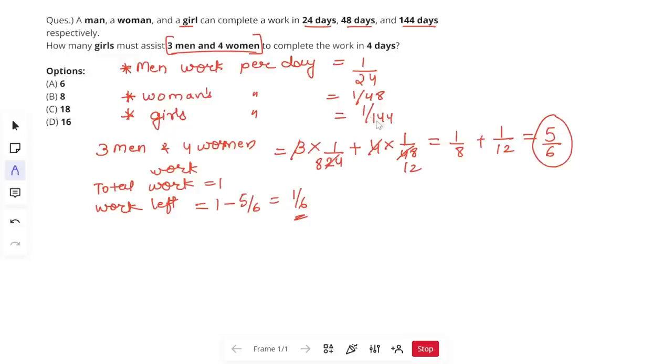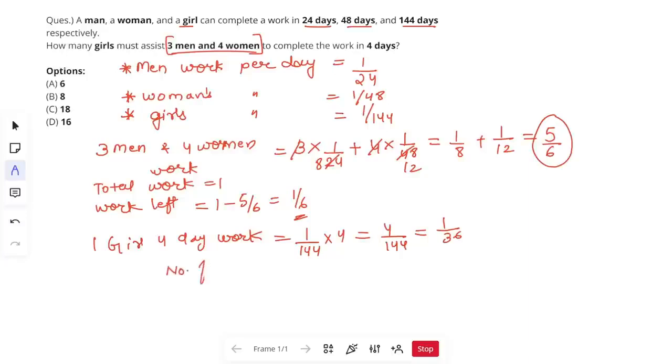That girls per day will do 1 by 144. So one girl's 4-day work is 1 by 144 into 4, which is 4 by 144, which is 1 by 36. So number of girls needed to complete 1 by 6 work,